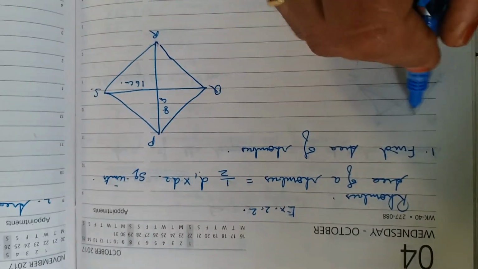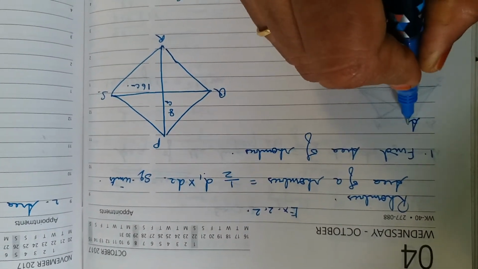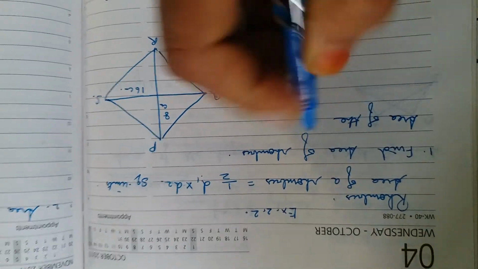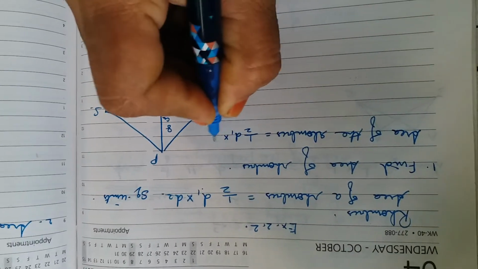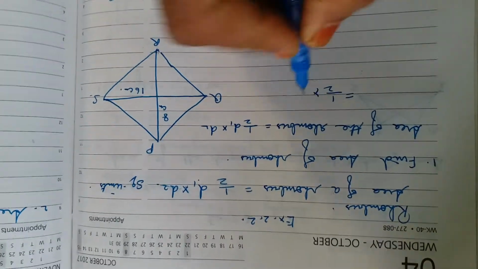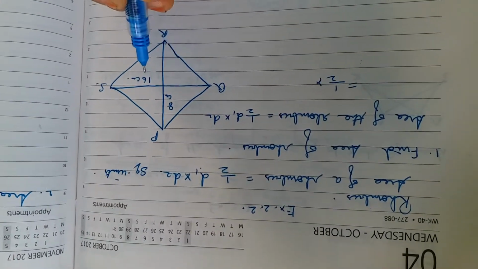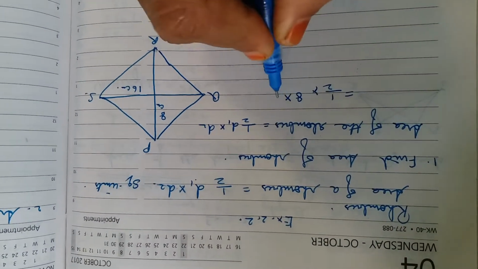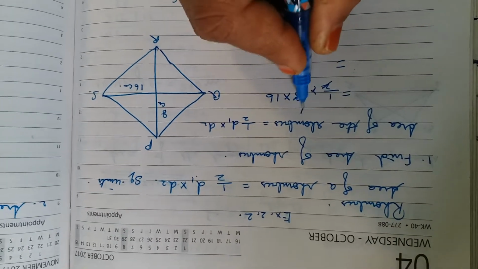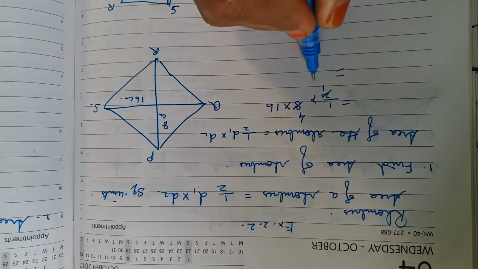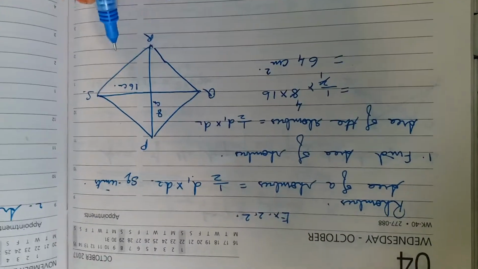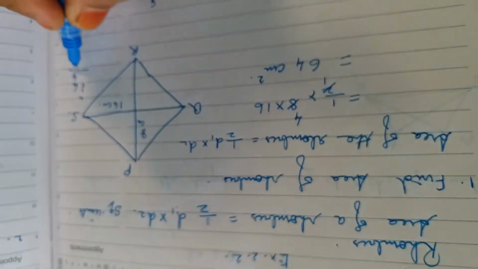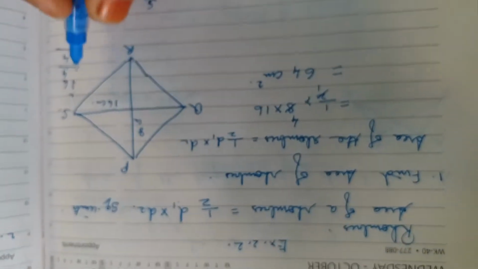Area of a rhombus is asked in this sum. Write the formula first. Area of the rhombus is equal to half into d1 into d2. So it is equal to half into d1 is given as 8, d2 is given as 16. You can cancel 4 times. 16 into 4 is 64 centimeter square. Whatever unit is given, you have to write square. I will show you the multiplication. 16 into 4. 6 4s are 24, carry over 2. 1 4 is 4 plus 2 is 6. So your value is 64 square units.